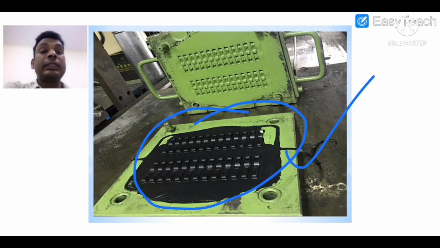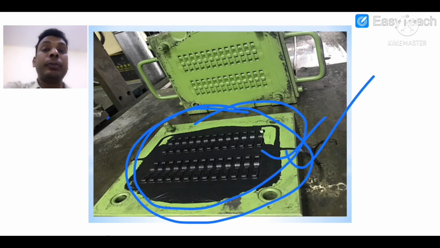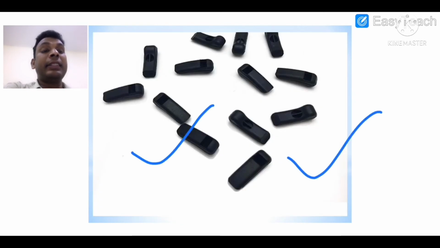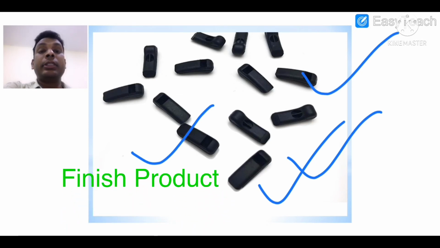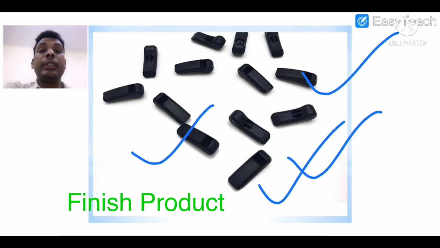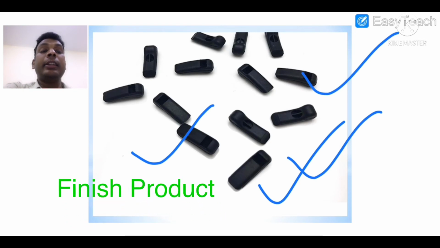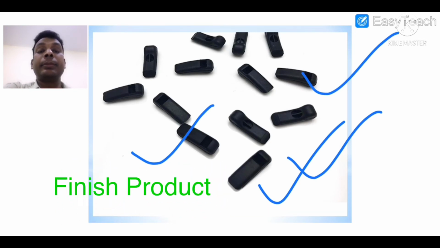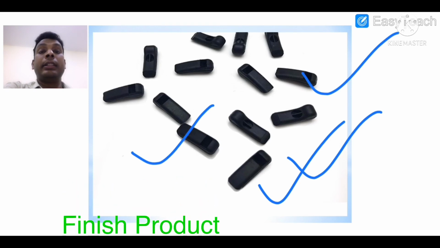Okay, so this is the after-curing time. After that we take this out of the mold and go for the further process. This is the finished product we have got after the buffing or deflashing process. So guys, as per the procedure there are three steps: loading, curing and unloading, and buffing and deflashing is additional. I hope you understand the compression molding procedure and the process flow diagram.